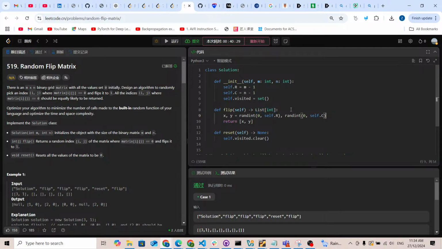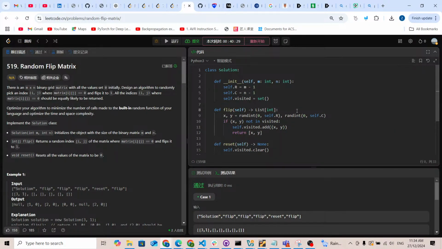But I need to check it against the weighted set. If this x, y is not inside the weighted set, it means I can flip it, so I put it inside the weighted set and directly return.